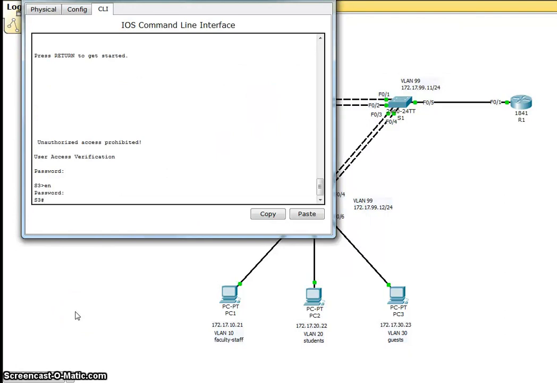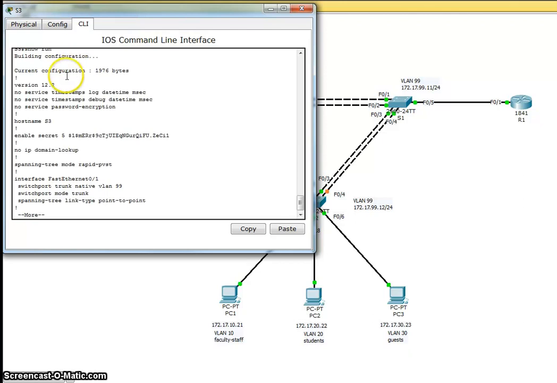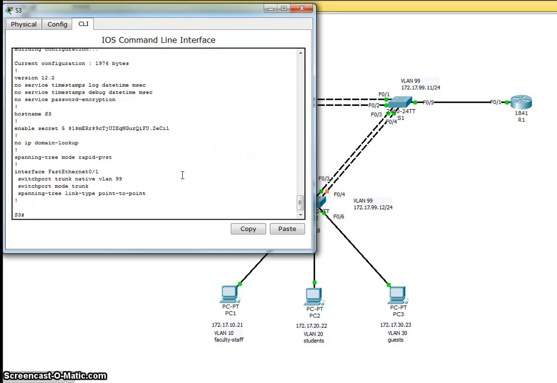Hi, this is Sean Gould, and this is part 2 of my screencast on the LAN Switching Lab for the ITnet 198 class. We were just looking at the use of STP on this particular network, and we had looked at the running configuration on one of our switches and noticed that we had STP running in a rapid PVST mode. And we also wanted to look and see